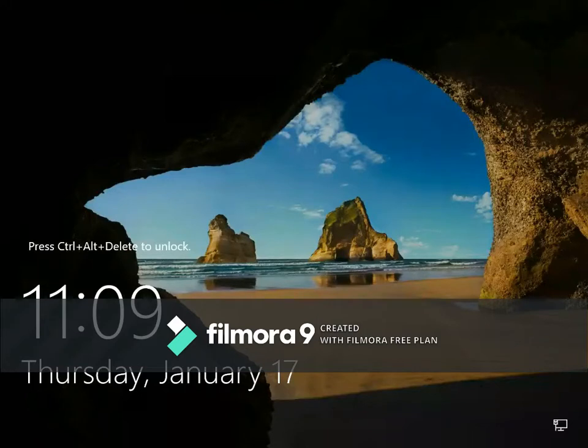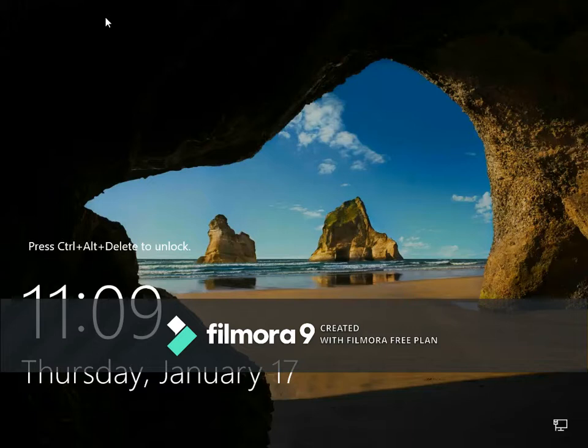Alright, everything looks good. You've made it to this screen. You have successfully created a virtual machine with Server 2016 with full GUI interface. That's just a graphical user interface. The difference between a regular operating system and server is that in order to get past this prompt, you'll use